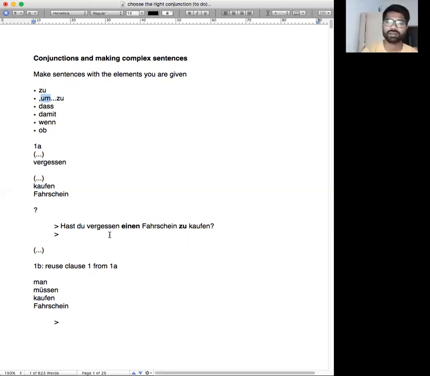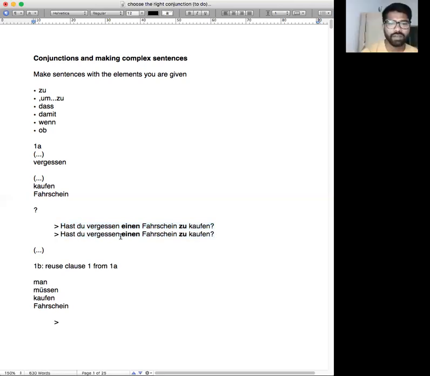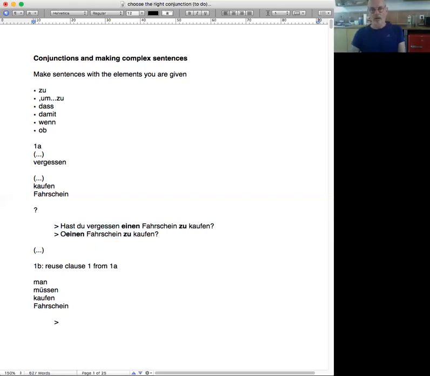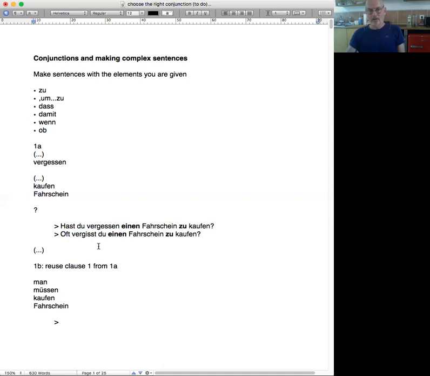If you wanted to make this into the present tense, if you wanted to say, do you often forget to buy a ticket? Vergisst du oft? Let's start with oft. Vergisst du.